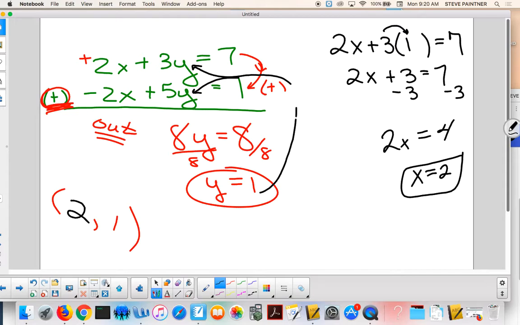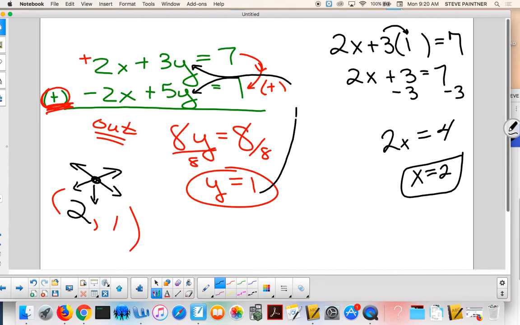2, 1. So 2 weeks ago, you and I did this problem, and we graphed a line, and we said, where do they intersect? And you said, right there at 2, 1. That's what you said 2 weeks ago when you did the graphing method. Then last week you did the substitution method. This week it's called the